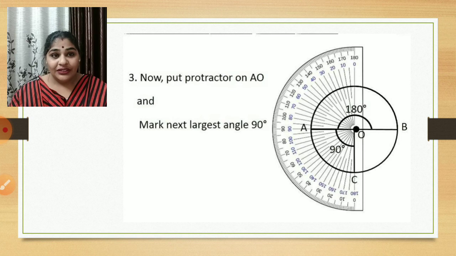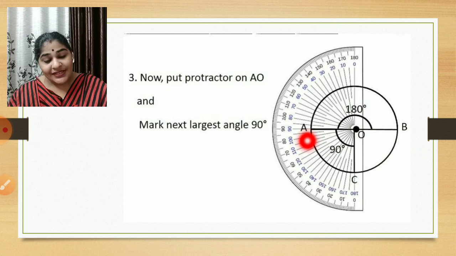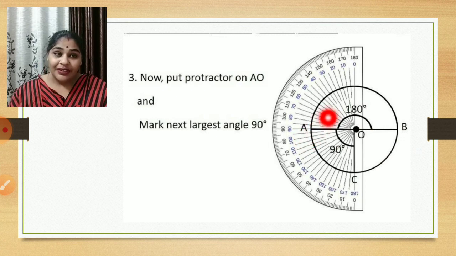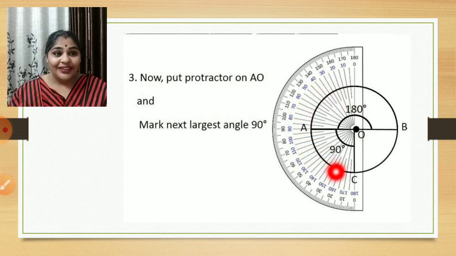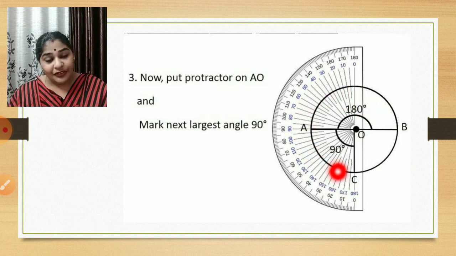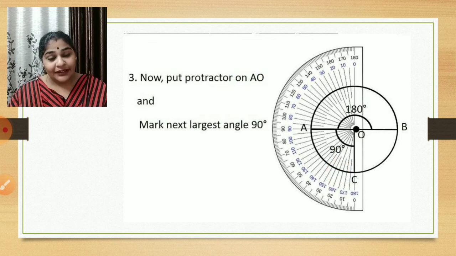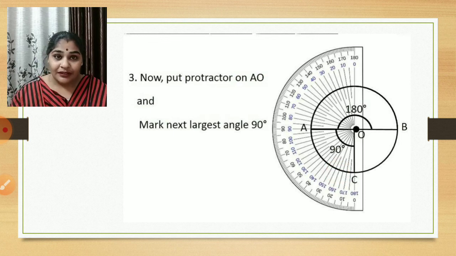Okay, now the third one will be again a 90 degree angle you have to draw. Either you take OB as your base, or you take OA as your base. Both the things will do, children. You want to draw from this side, that is also okay. And you want to continue from this side, that is also okay. Whichever method you feel free, wherever you can keep a protractor, there you can keep and draw the 90-degree